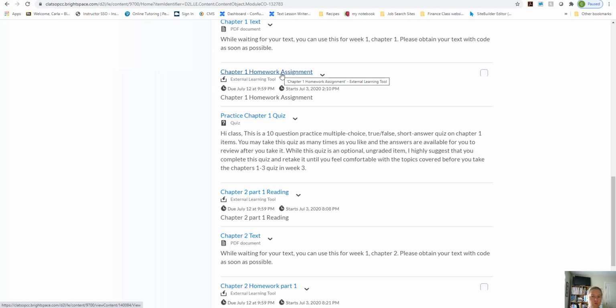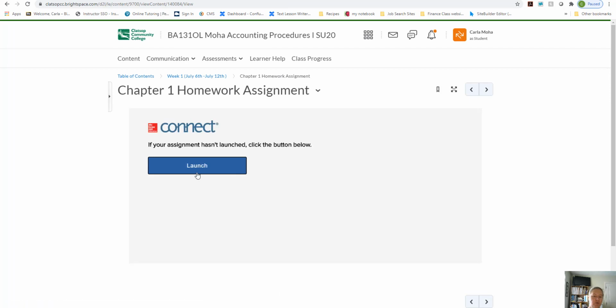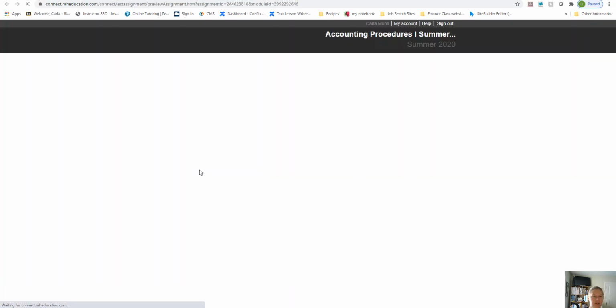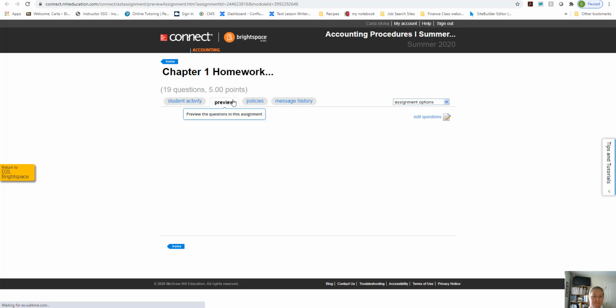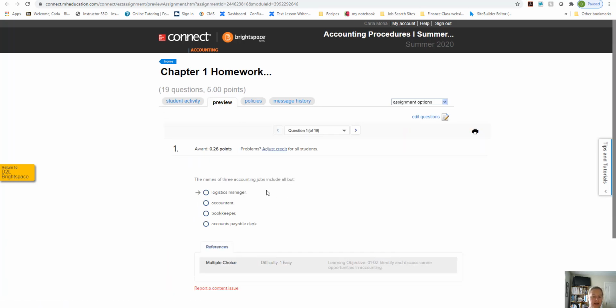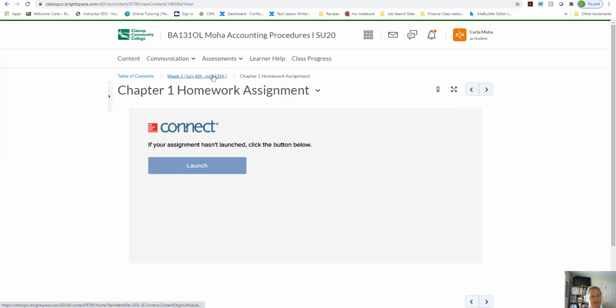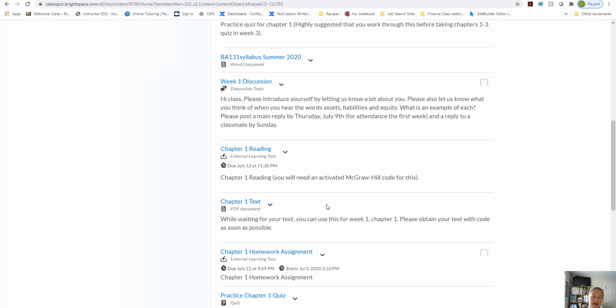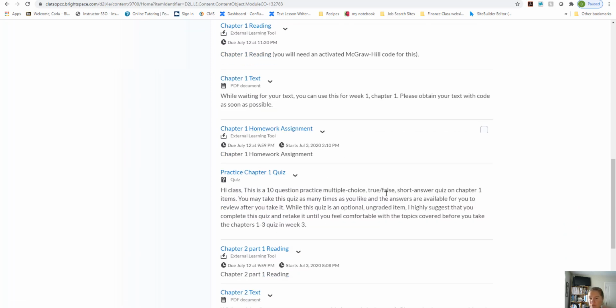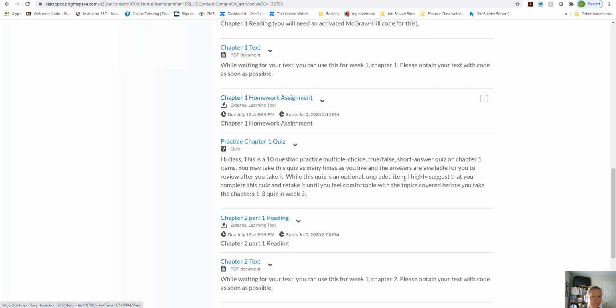The homework for chapter 1 also uses this Connect code. It's really cool. You click on it and you launch it. Again, if you have any technical problems, ask Kirsten in the library. You need to have your pop-ups enabled for this to work. But for the homework, you complete the homework, and it's really nice because it gives more feedback to you, and it's quicker feedback. And so in an online format, it's really nice to have that more immediate feedback available for the homework. So that does need to be completed there